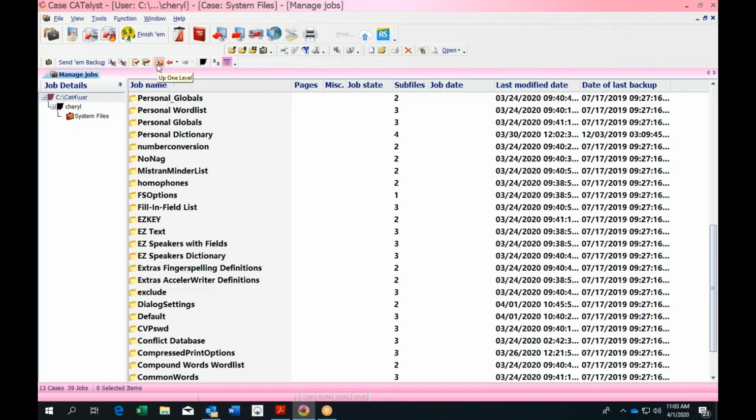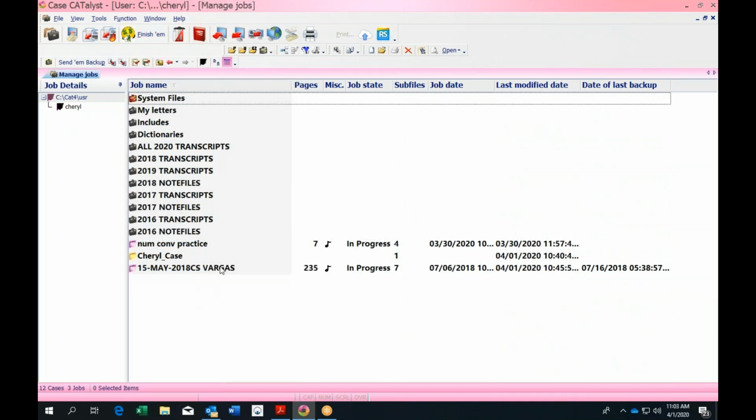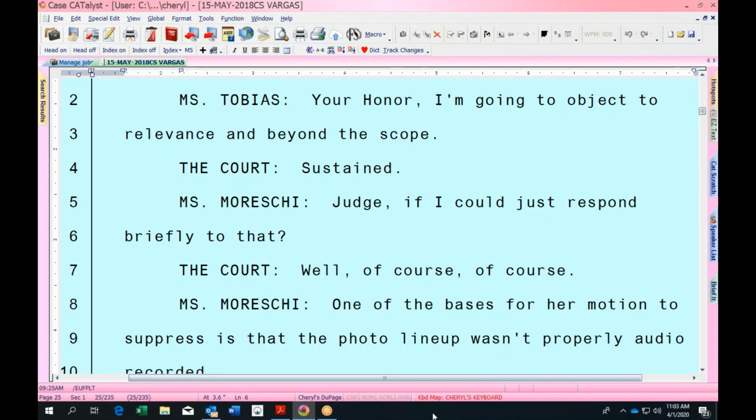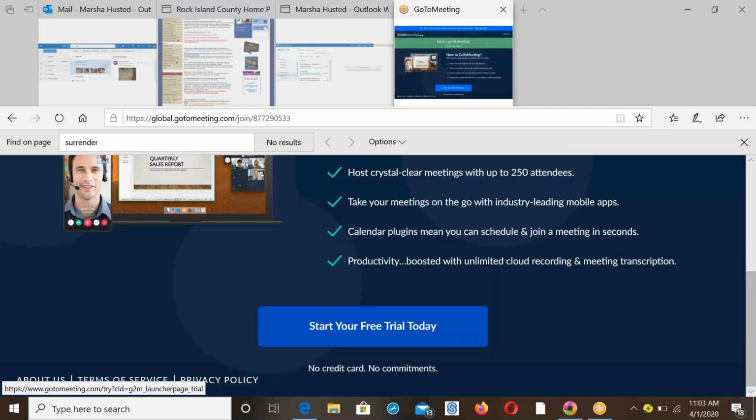So when I'm in a transcript, I switch between 2 keyboard maps. All of my editing is done through Cheryl's keyboard. By using this, what I've done is I have made all the keys on my keyboard into shortcut keys. Whoa, what happened there? Sorry, I didn't do that, but made them all into shortcut keys. So instead of using the arrows,